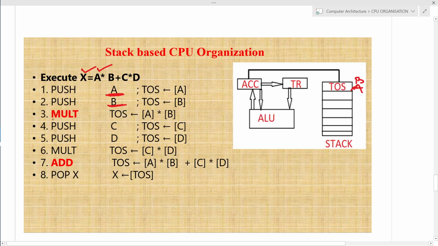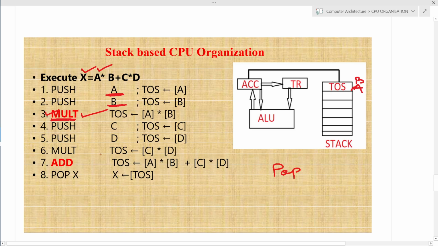When this instruction is executed, this is called the MUL instruction. This is an example of a zero address instruction. Zero address instruction means the operation is performed on the stack. So when any type of arithmetic or logic operation is performed in a stack based operation, what actually happens is that it first performs the pop operation.